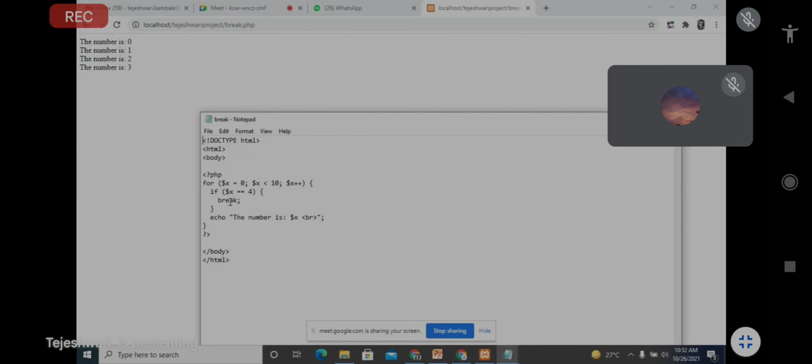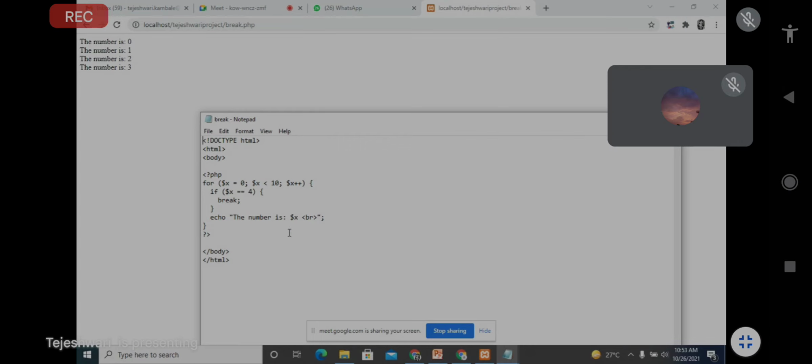So the condition is not met, and the control goes to the echo, and the statement will be printed: the number is $x, now x will become 2, so the output is the number is 2.